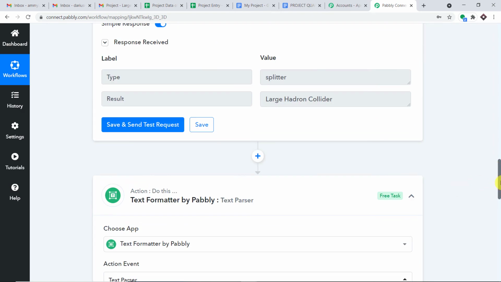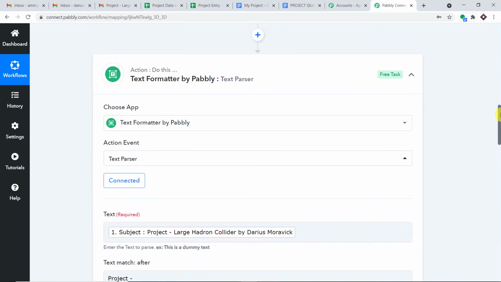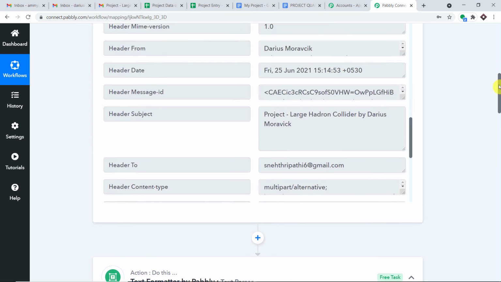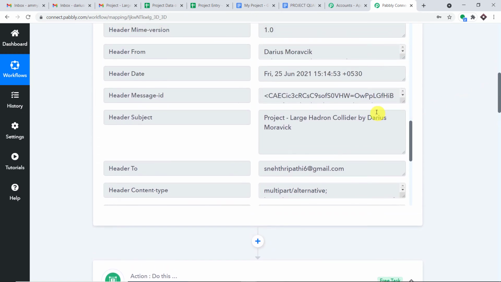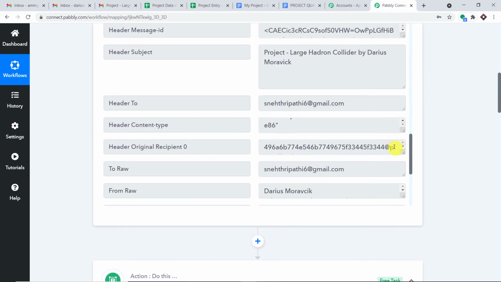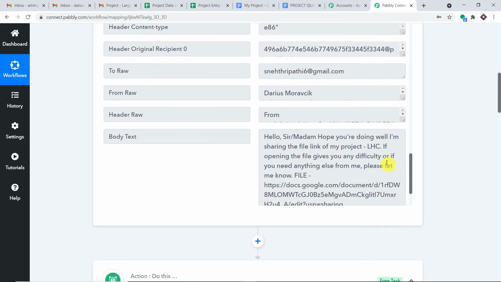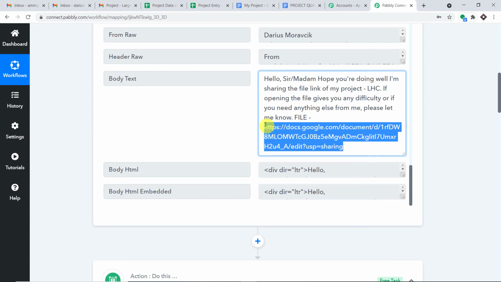Okay, there is something else we have to do. So basically we are just isolating important things. Okay, we really don't want "hello teacher, how are you?" We don't want those things. We only want the important things like the project name, the URL, as well as the student name. So we are going to work with the URL. So we basically want the project URL. Okay, so we are going to isolate this particular detail.